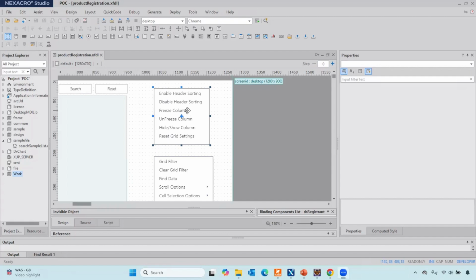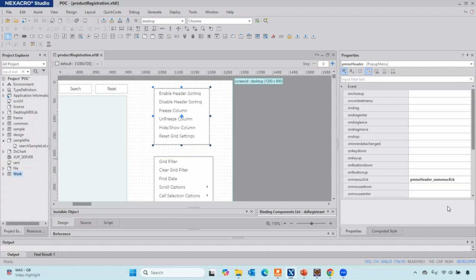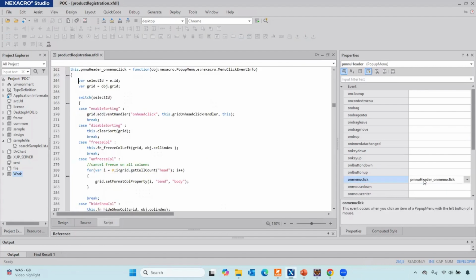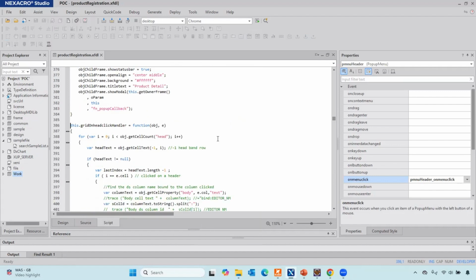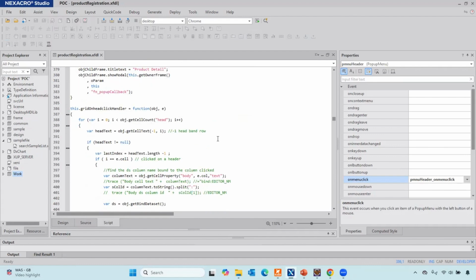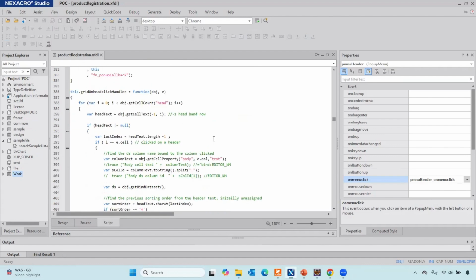Now let's look at how the sorting is implemented. So on the pop-up menu, you have an on-click event. We go here. The ID column for enable sorting is enable sorting, and disable header sorting is disable sorting. So first you add an event handler on head click to the grid, with an event handler on grid click handler. So when you click on the header, after you enable the grid header sorting,